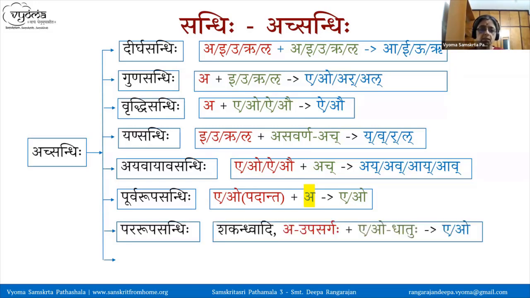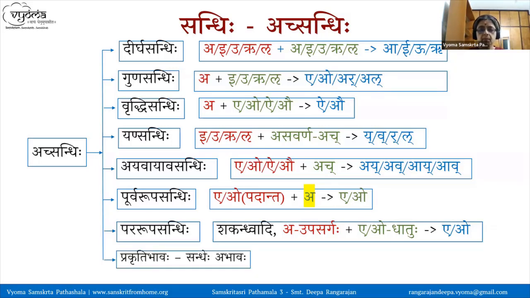We saw that in Shakandhvadi Gana, Shakandhu, Karkandhu, Manisha, Halisha, Langalisha. This is a Gana where the ready-made forms are given by the Ganapatha. And there Pararupa has been done already. Then we also saw one more rule of Pararupa, even though it is not included for the Pathamala portion. Akara ending upasarga, followed by an A or O beginning dhatu, where the A or O will replace the two letters akara and A or O.